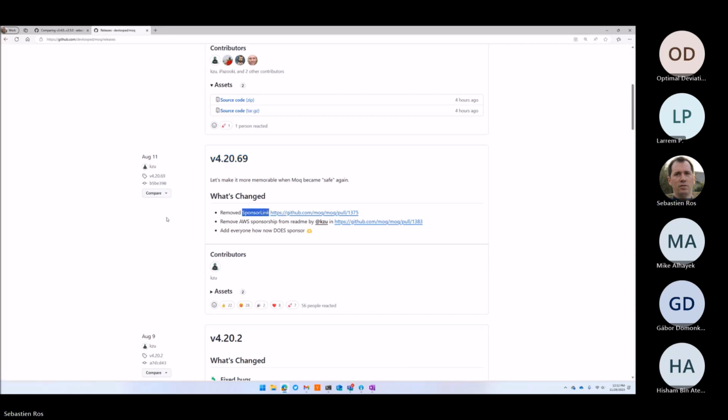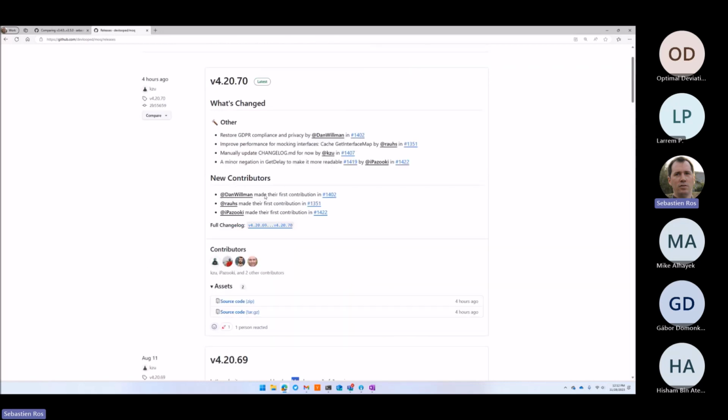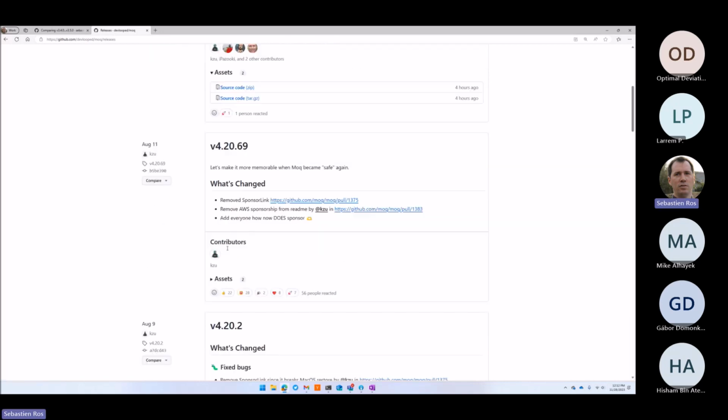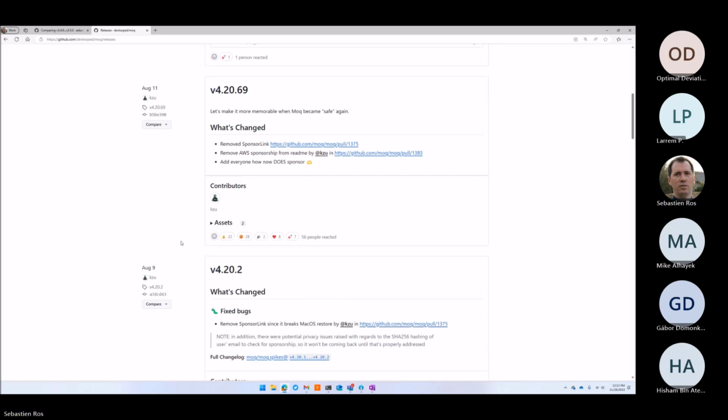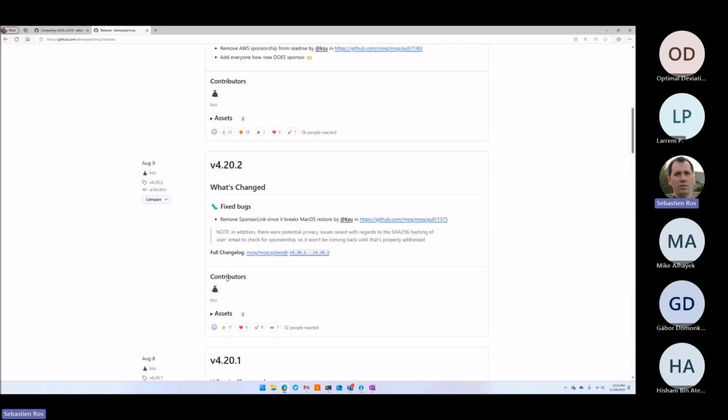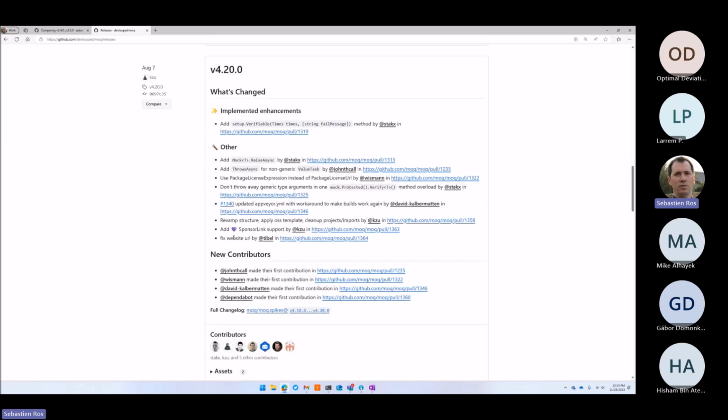And so people have even started to move away from mock and use other alternatives, even after the removal of the thing. And so maybe now there is no more sponsor link at all. I'm not sure, but yeah. That's why my question was, we might not want to update until this version, because it was working fine before.